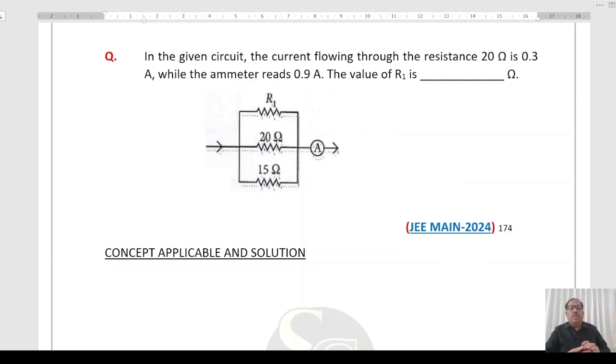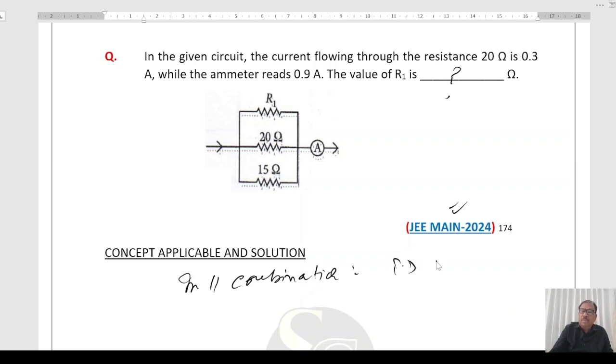Question is, in the given circuit, the current flowing through resistance 20 ohm is 0.3 ampere, while ammeter reads 0.9 ampere. The value of R1 is, we have to fill in the blanks here. Question is taken from JEE Main 2024. Concept, applicable and solution. We know in parallel combination, potential difference is same across each combination,